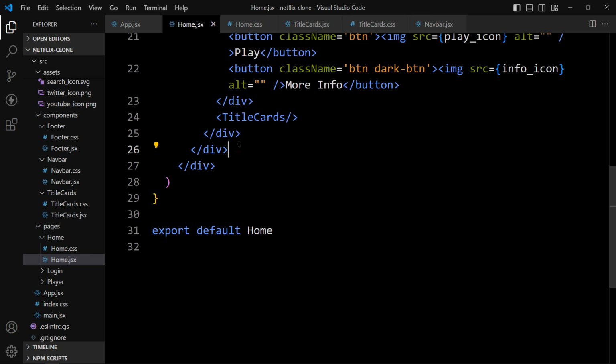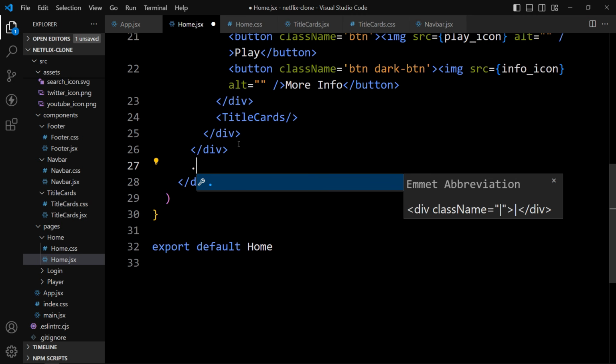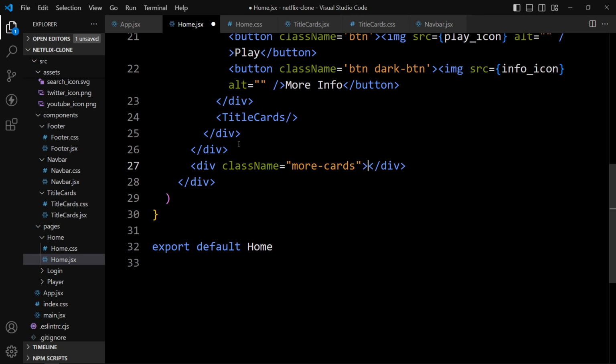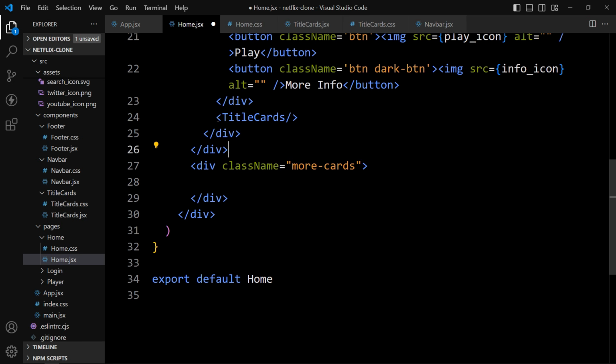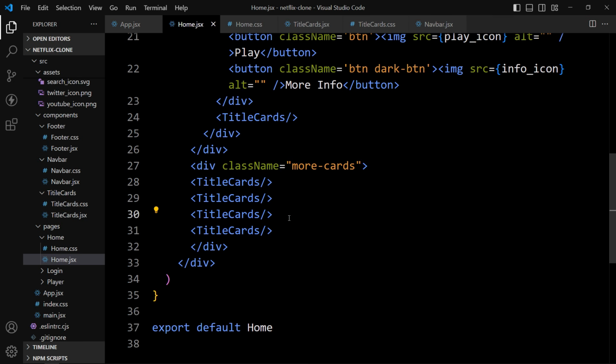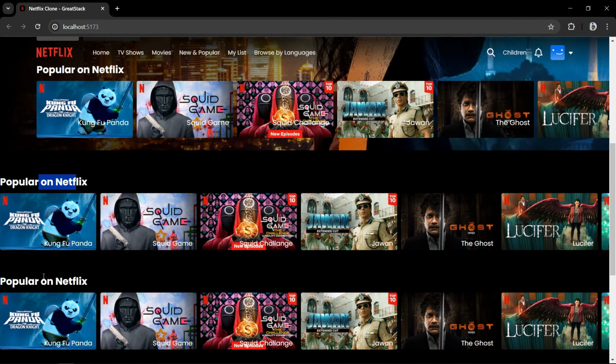So after this one, let's add one div with the class name more cards. And in this more cards, again we will mount this same component. Let's add it 4 times. Save the changes, and if I open the web page, here we have these cards multiple times.